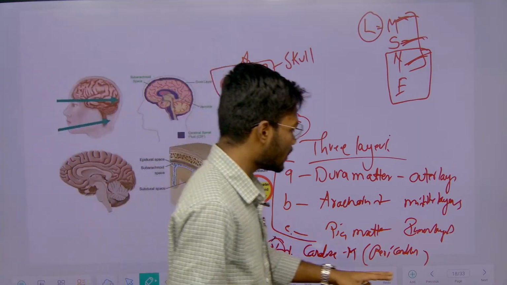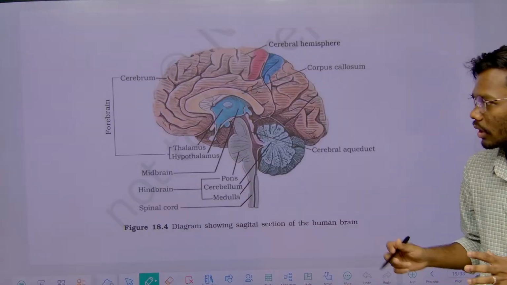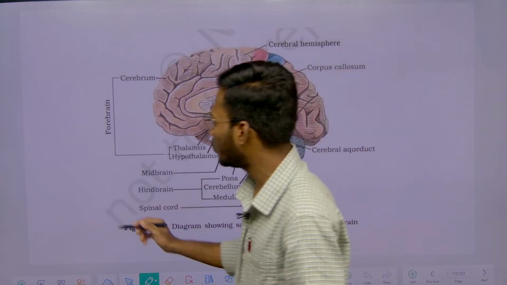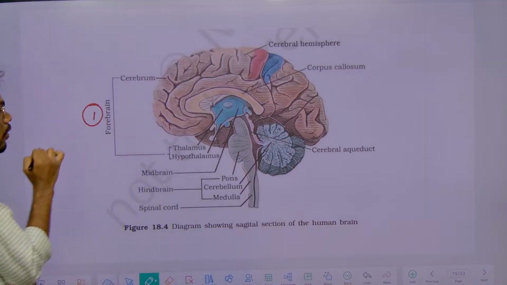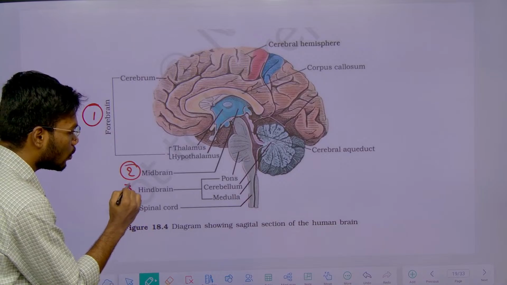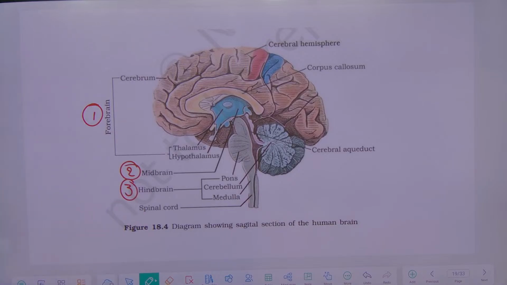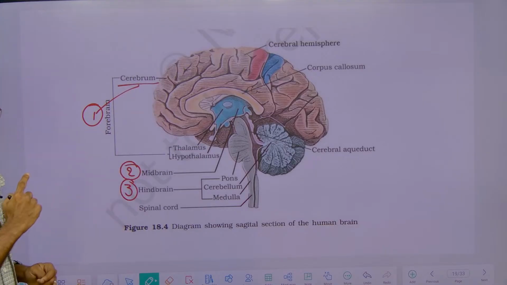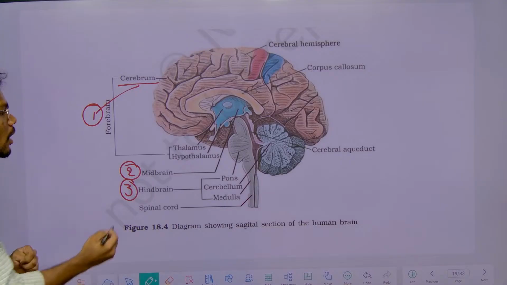Now we will see how the structural organization of the brain is done. It is divided into three categories. One is the forebrain, another is the midbrain, and the third is the hindbrain, right? The forebrain has three regions. One is the cerebrum, not cerebellum, one is the cerebrum. Another one is